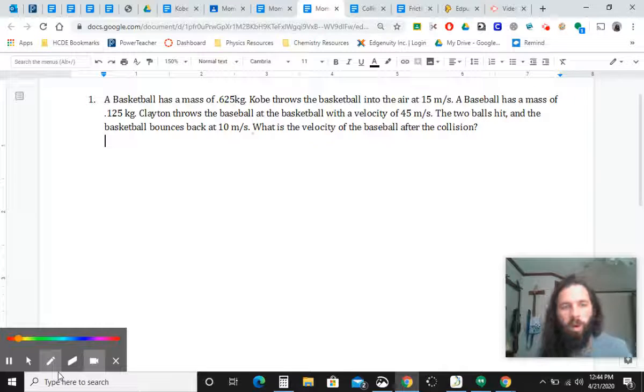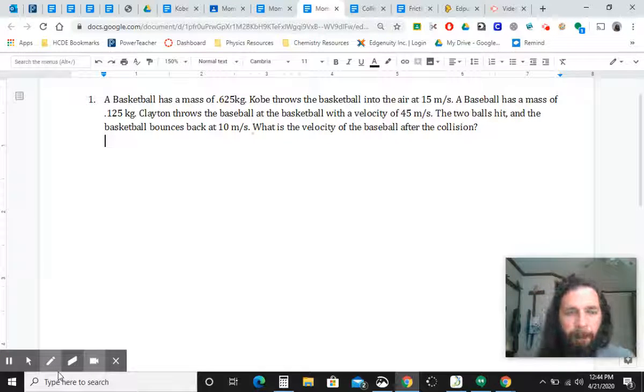Okay, so we're going to walk through an example of how to do a momentum collision equation. And I'm going to take it in very small steps to hopefully help you guys. So a basketball has a mass of 0.625 kilograms. I'm going to use orange because basketballs are orange. And I'll write